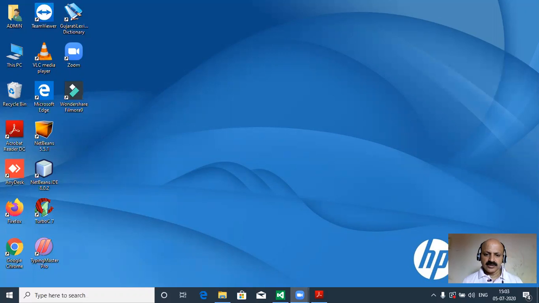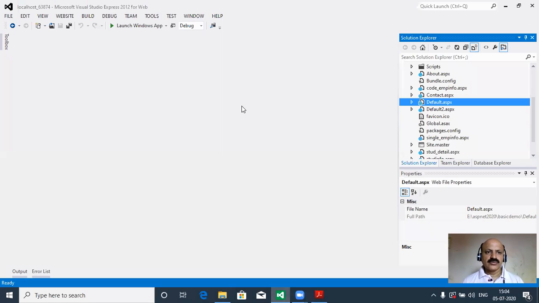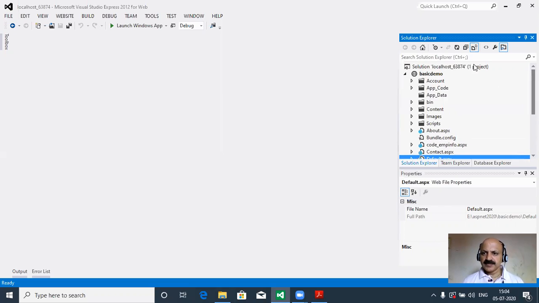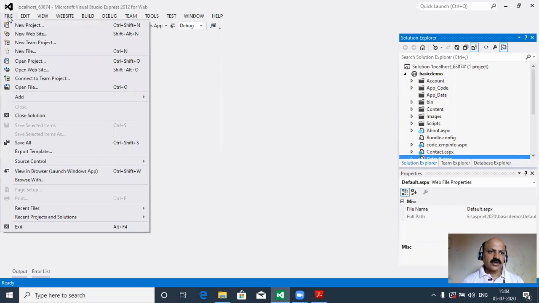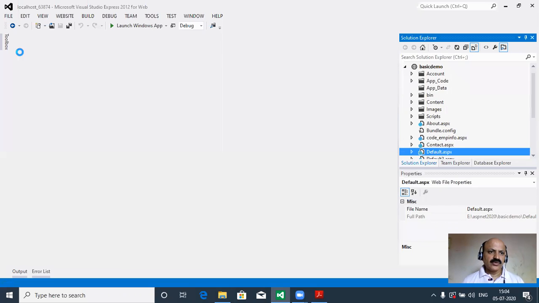So here, Microsoft Visual Studio Express 2012 Web Edition is open, and here one basic demo website folder is already open. So I take new file.